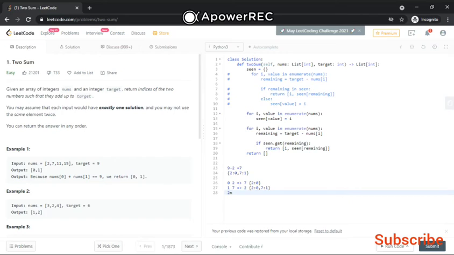As we know, we don't want the constant, so we drop the 2 and the time complexity is n, which is more efficient. So we will go with this approach, and let's try to run it.